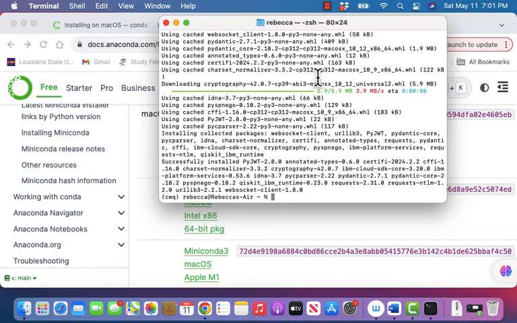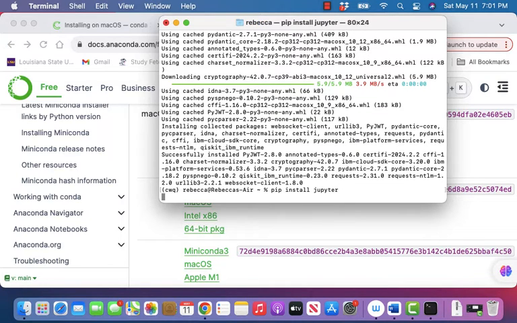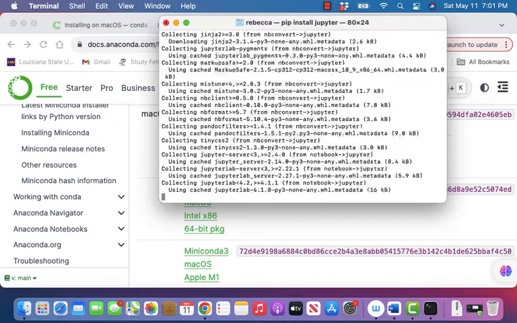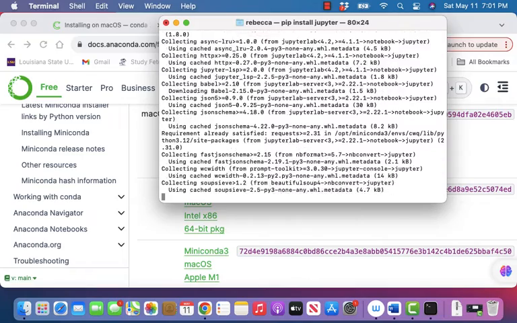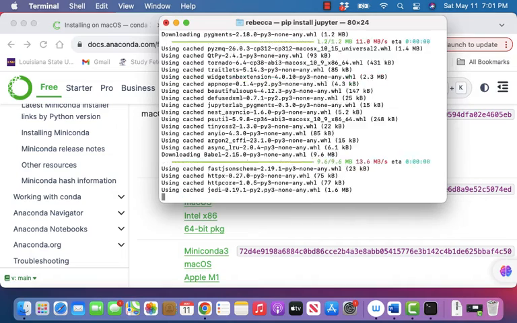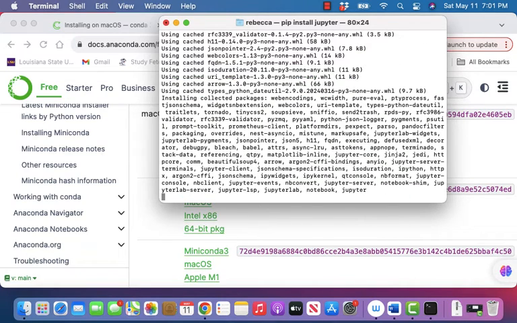And then I will do pip install Jupyter. And then we will install, let's see,